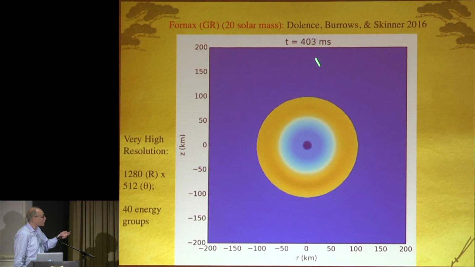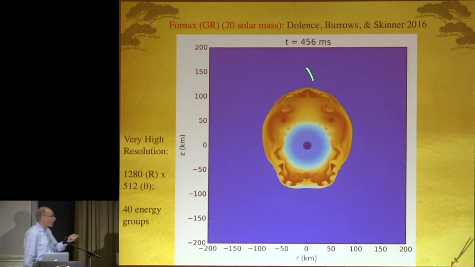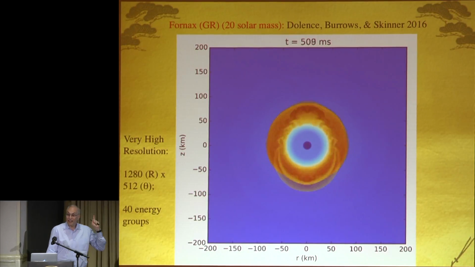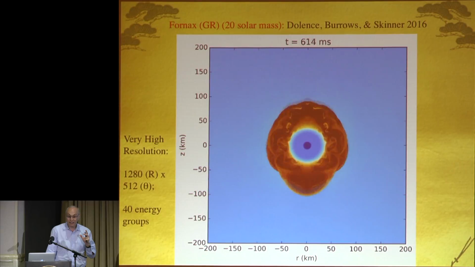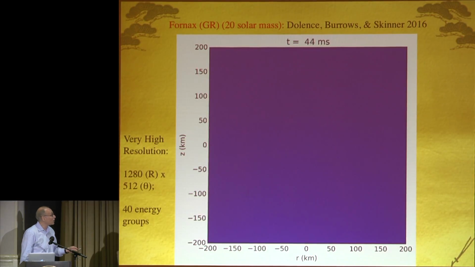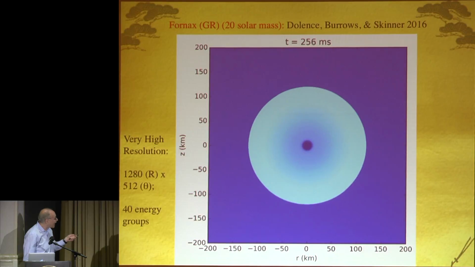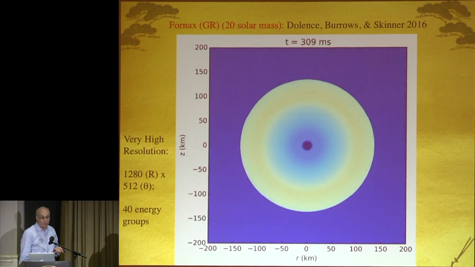You get these oscillations, and I'm going to argue that these oscillations in 2D are rather artificial. This is what you get in 2D, but these oscillations are mostly neutrino-driven, and there's the so-called standing accretion shock instability, which I think is subdominant. But the reason for showing this is the highest resolution simulation ever performed.